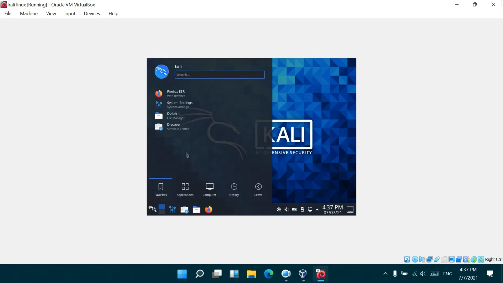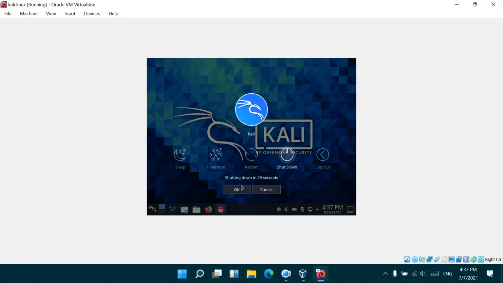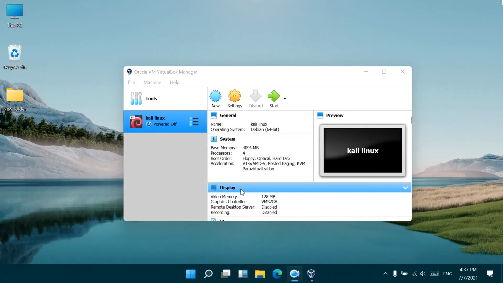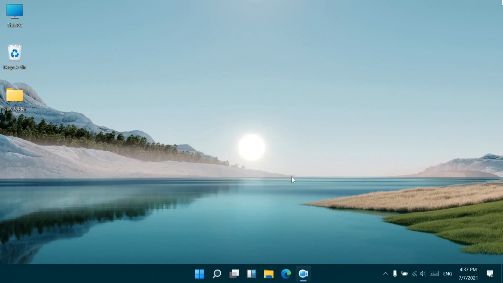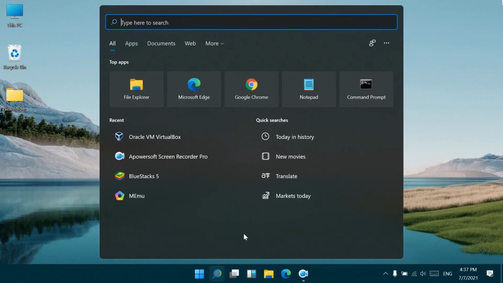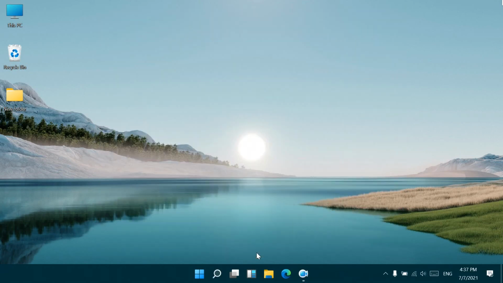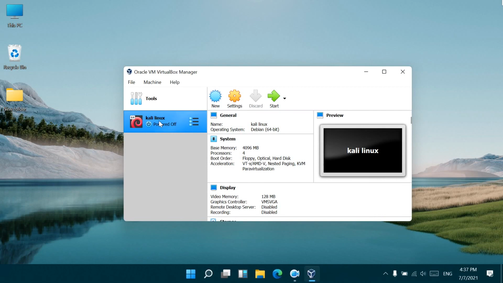Now we shut down this virtual machine. We also close the VirtualBox application. Then we again go to start and then type in VirtualBox. And then we select the virtual machine and then click on start.